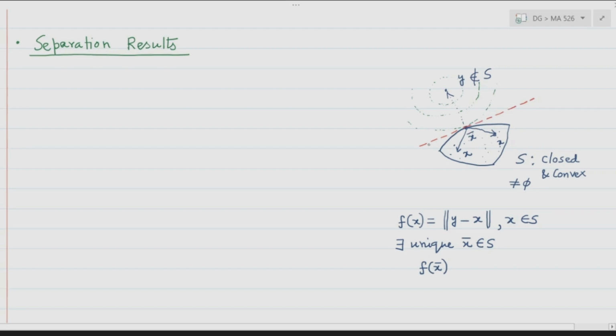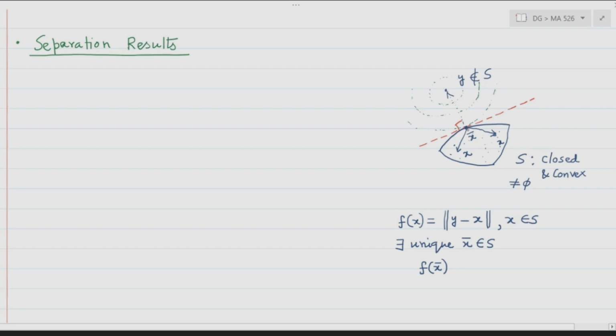And if this red line is a common tangent, then obviously we note that the entire set S is on one side of this common tangent and y is on another side of the common tangent. And if the entire set S is on a different side of the common tangent than y, then obviously whatsoever x you consider in the set S, the angle between x minus x bar and y minus x bar obviously is more than 90 degree. Is not that? Here, because once you are considering the distance from y to